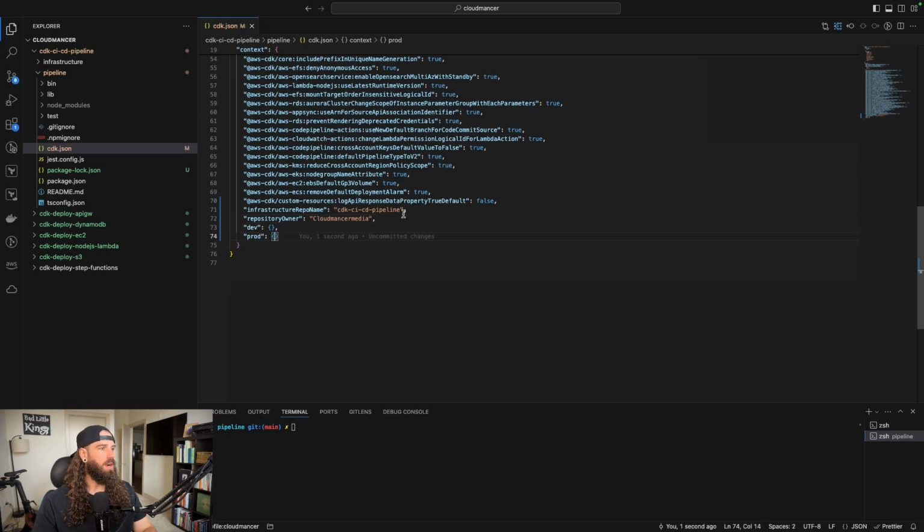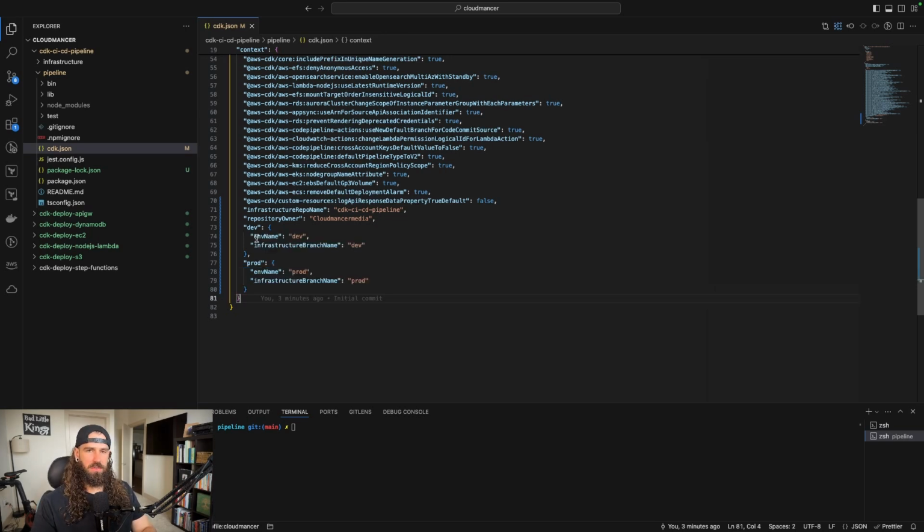Next thing we're going to declare is a dev and a prod object. These will just contain our environment specific variables that we're going to need when we go to deploy each of our individual dev and prod pipelines. It's just going to have two values in it right now. It'll just be the env name, which is of course just dev and prod, and then the branch name for the branch that the CodePipeline will be pulling from every time it deploys. So anytime we push something to either dev or prod, it will trigger the respective pipeline.